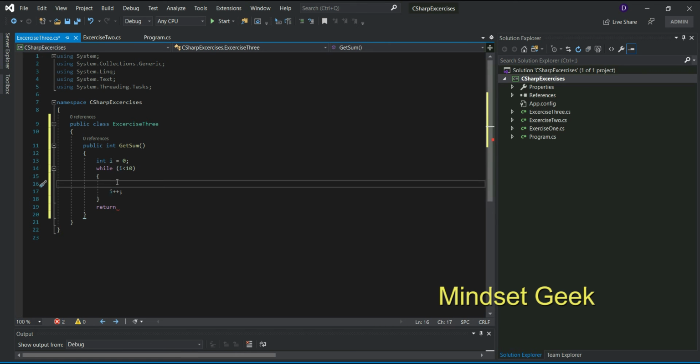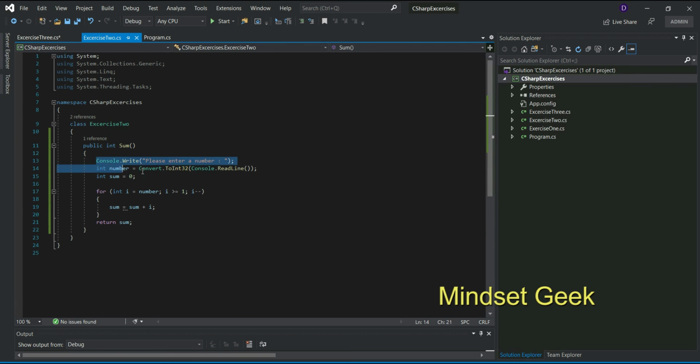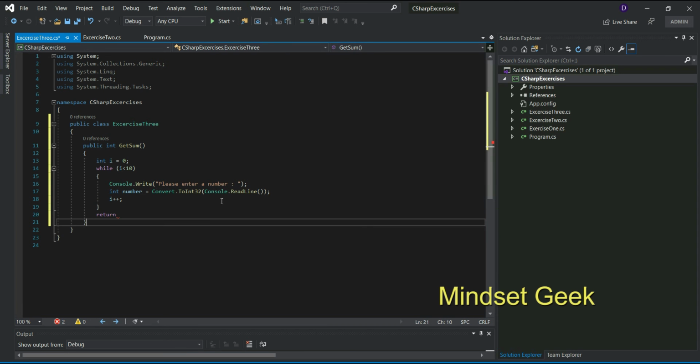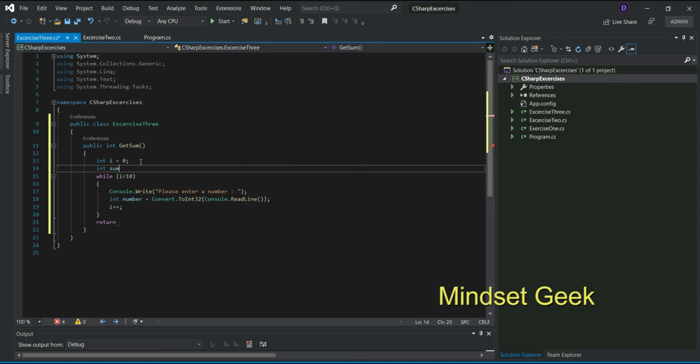In this loop I ask users to enter some value, using this part. The same, we ask users to enter a value and get that value into this number. And we add one more variable, int sum.